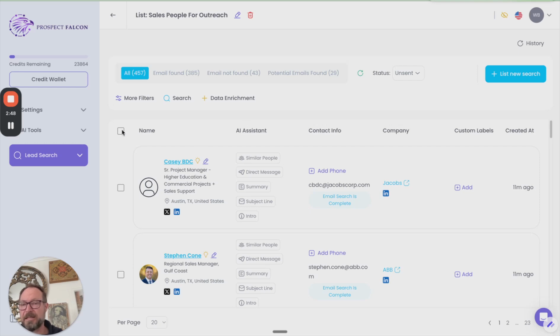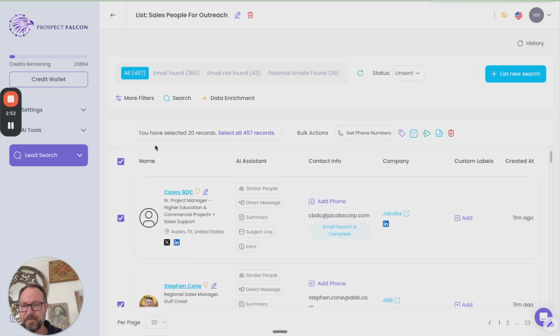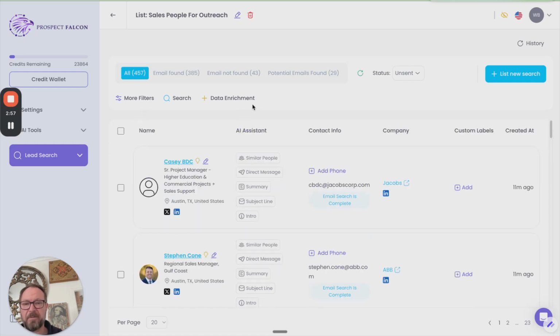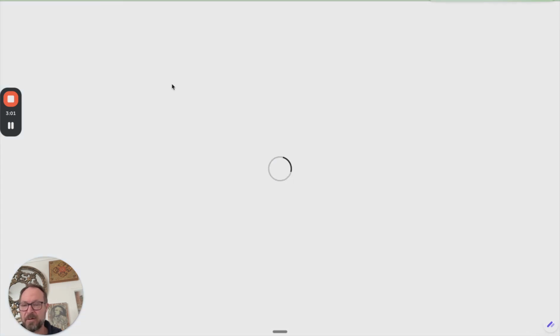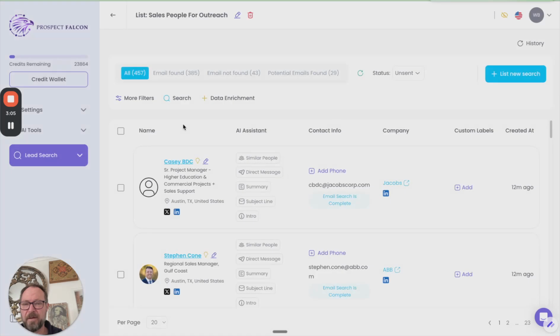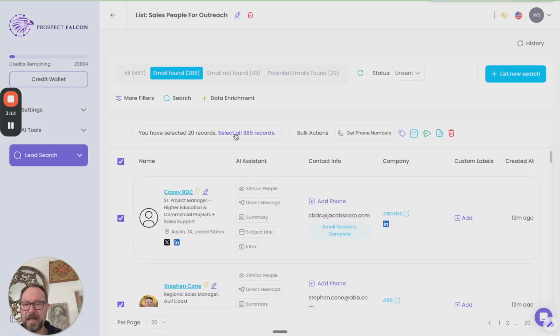So again, I just select all of my records here. All right, so make sure to select all. Actually, before I do that, let me just come back and unselect. What I'm going to do is only do those ones that have got the email. So I'll refresh that one more time just to make sure I've got the emails there and see what we come back with. So we had 385. Yep, so 385. So filtering just by the ones that have got the email found for now. All right, cool. Now I'm going to grab those and select all of those 385 and let my AI assistant